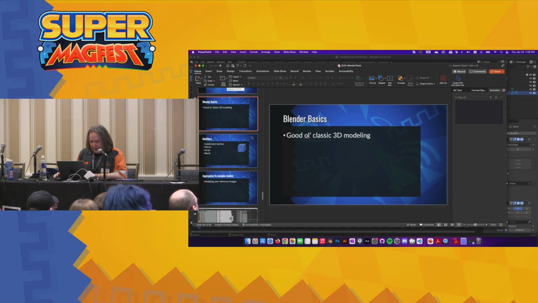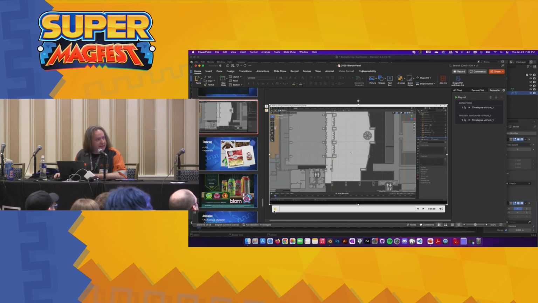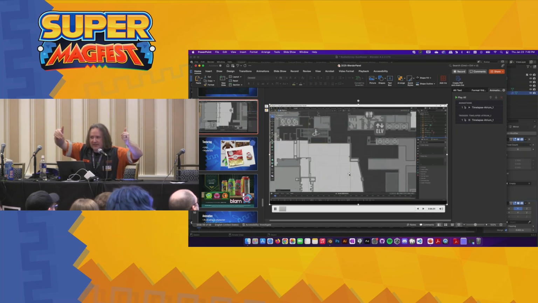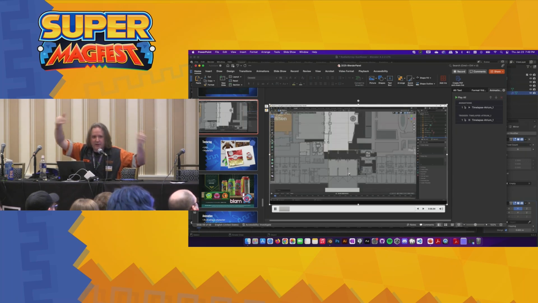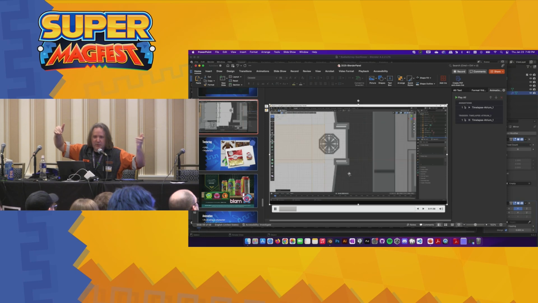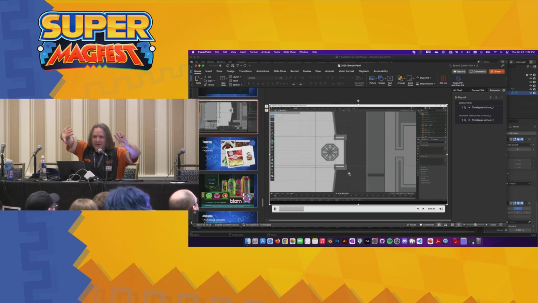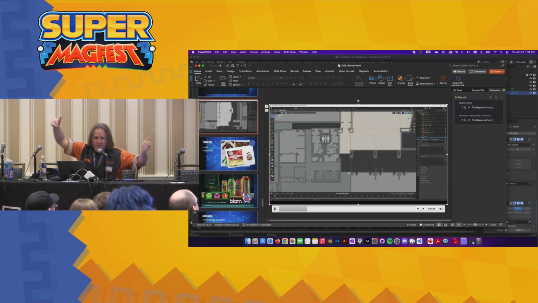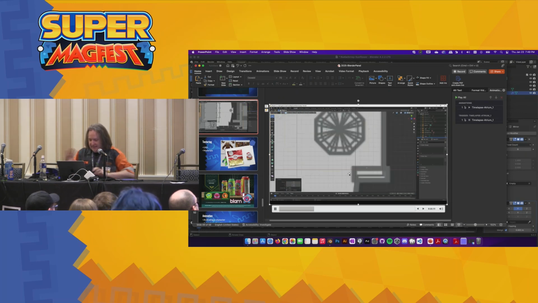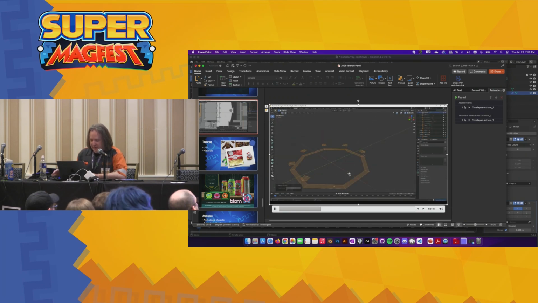So examples of some of these things that I would give. Oh, and very briefly, I just wanted to show this again. I don't even need to blow this up. This is what I was showing at the beginning. You can put images as a background and basically start to model over top of those. This idea of modeling the Gaylord was basically because they have blueprints that aren't scale accurate, but they're close enough that I put down as a background in Blender and just started to model over, and you get the beginnings of your shape, and then eventually you don't need the image anymore. That's probably the way to work on a great many things, is to start to do your modeling with an image in the background.